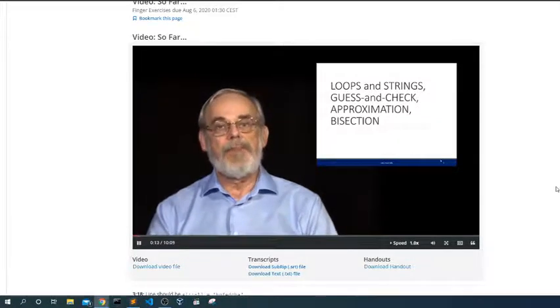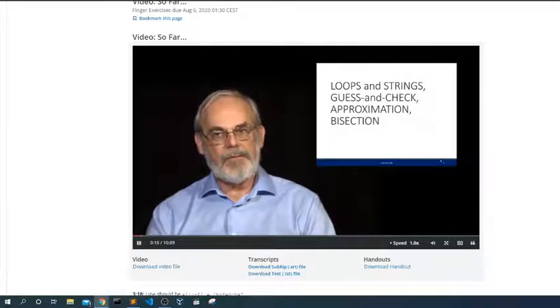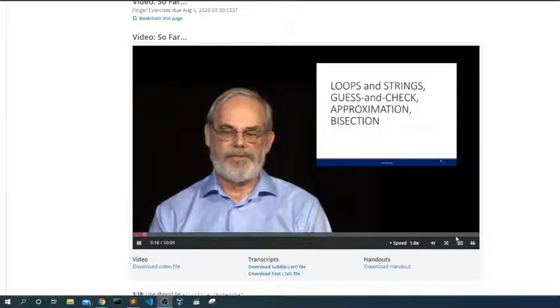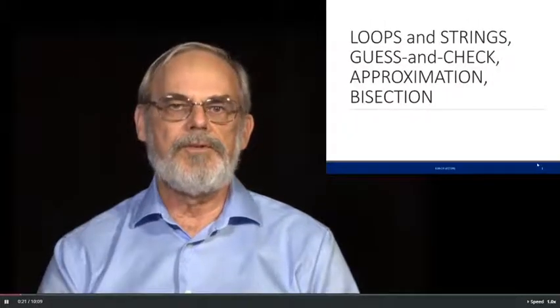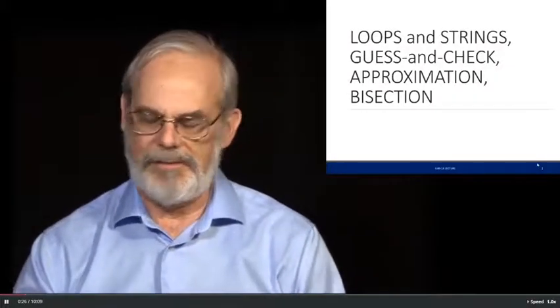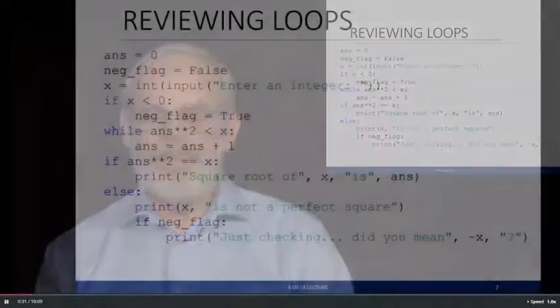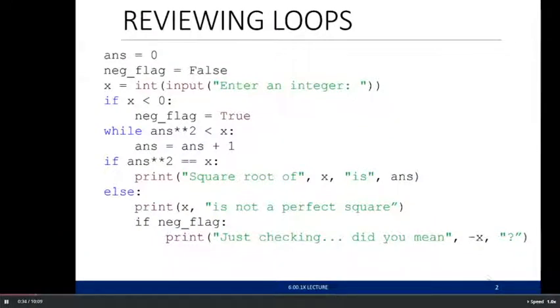In this lecture, we're going to go back to that idea, but extend it, and we're going to add in another kind of data type, a string. We talked about it a little bit earlier on, but we're going to use it to actually look at ways to generate algorithms that can start to do some more interesting kinds of things. Just to review, I want to remind you what we did inside of loops. Here's an example of some code that's going to compute a square root of something. And it does it by running through a loop. As we've done before, it's going to set up an initial value, which it gets here by inputting something that enters an integer. And then it's going to run through a little while loop.